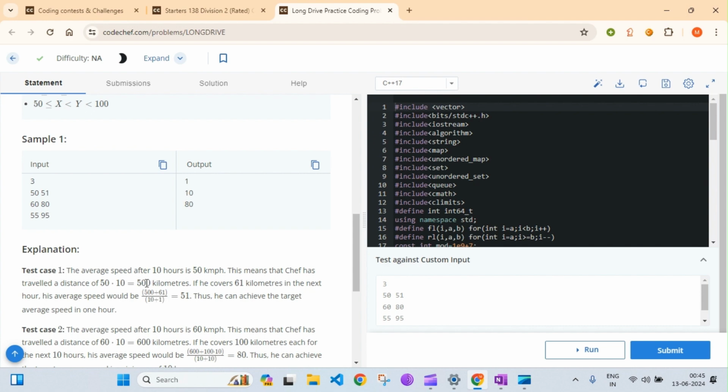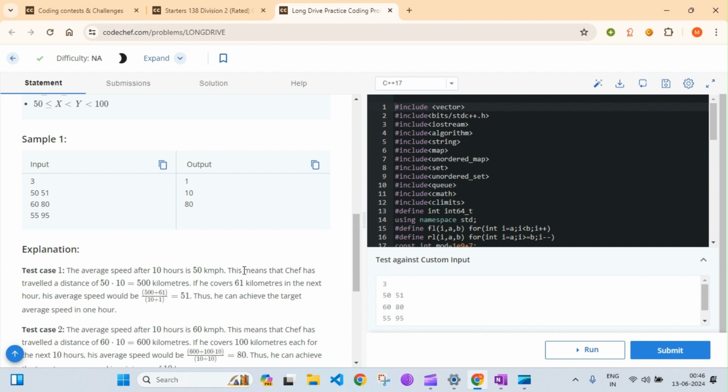This is the total distance, that is 500, that we have traveled up till now, and this is the next hour, like how many hours we have added. So that is given here, so that we are adding in the base. So what our formula is basically about,